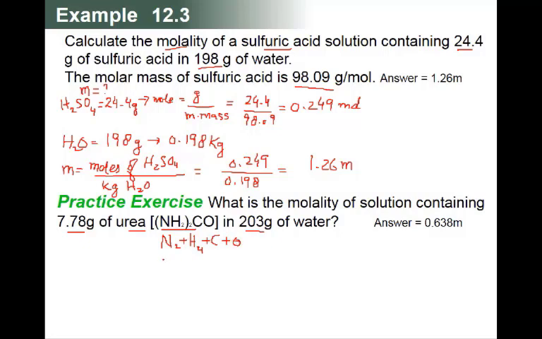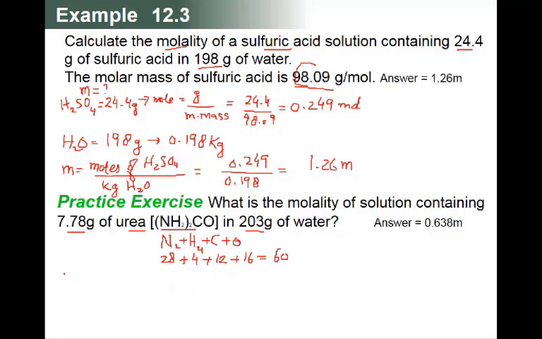Okay. Nitrogen here is 14 multiplied by 2 is 28. This is from the periodic table. 14 is in the periodic table, because of this 2, you multiply it, 14 by 2, 28. 4 for the hydrogen, and 12 for carbon, and 16 for oxygen. This is all information in the periodic table, and when you make the total, it will be 60. So here you need to calculate the molar mass, but for the sulfuric acid the molar mass was given, so you don't need to calculate.